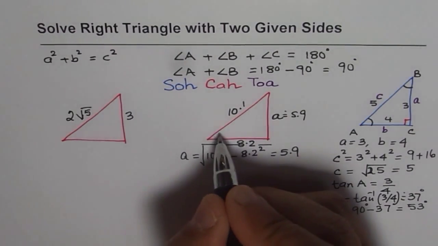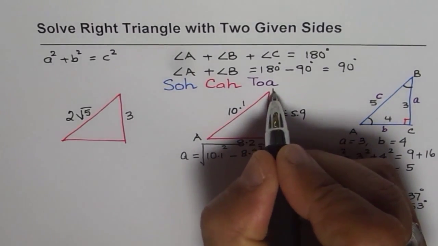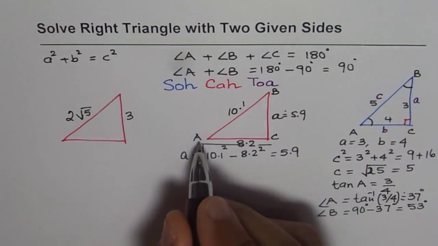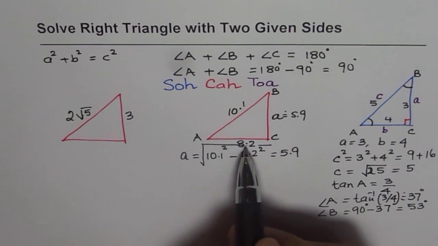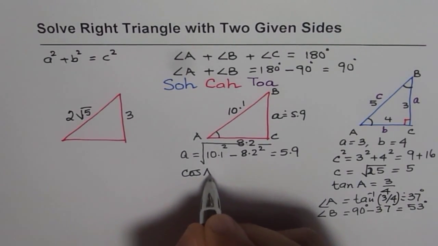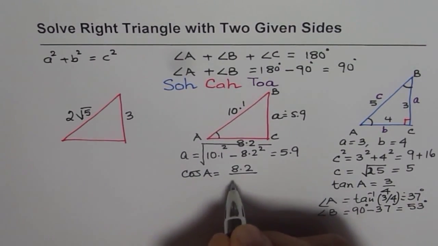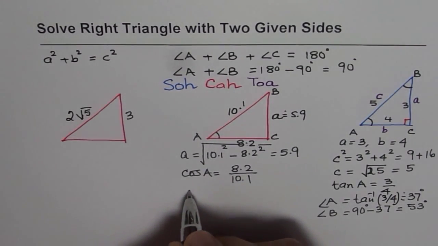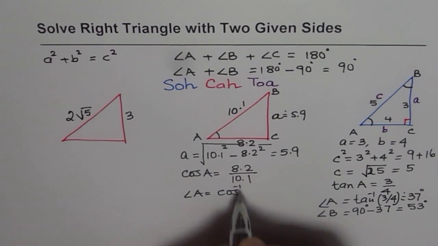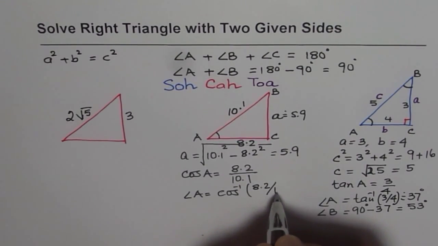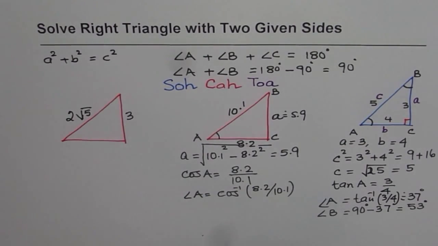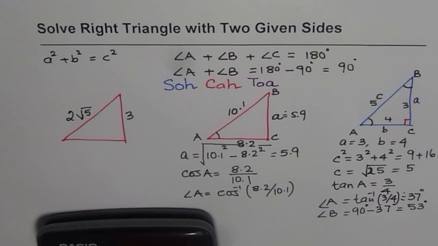Now to find the angle, let me label this triangle as A, B, and C, right? Now angle A, we should find from the given sides. Now this is for angle A, adjacent side, that's the hypotenuse. We can write cos of A equals 8.2 divided by 10.1. So angle A equals cos inverse of 8.2 divided by 10.1. So let's calculate. Second function, that is, always press shift for cos inverse. And within brackets, we get 8.2 divided by 10.1, and that gives us